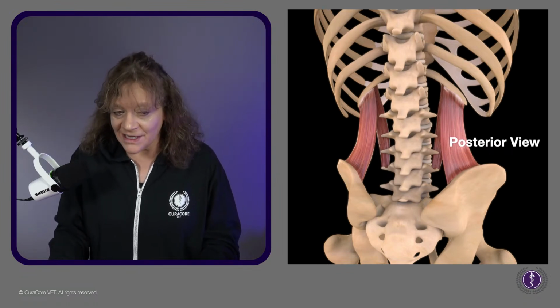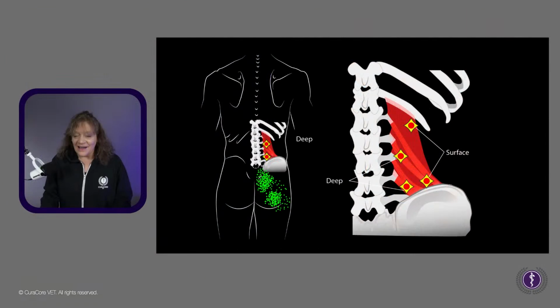Now, that's just one kind of look at it. There's a lot of different renditions. This one looks very different. This is a stock photo, but it's talking about where trigger points are. You see the yellow diamond with the red circle in it. Those are locations where trigger points might be located. And the green stippling on the larger part of that human is where you might have referred pain.